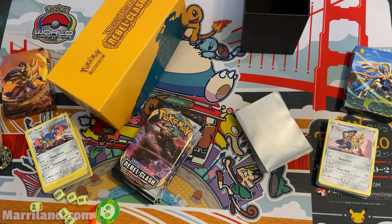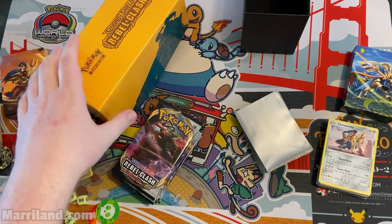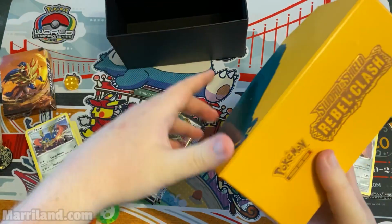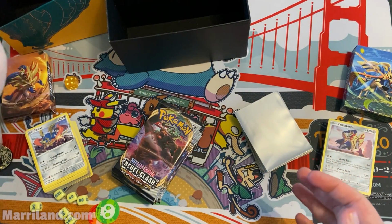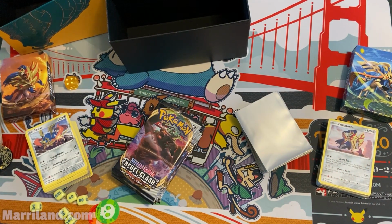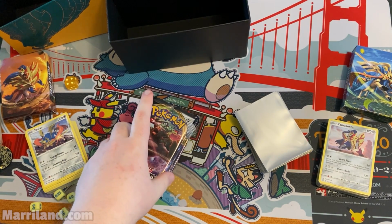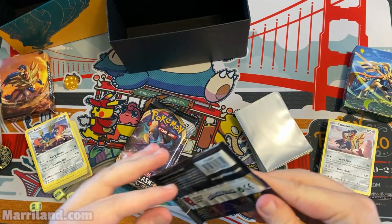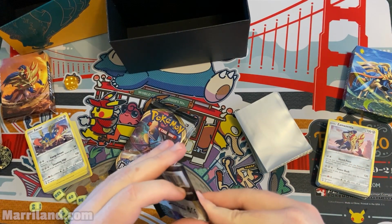All right, so let's get opening up some booster packs. So as I mentioned earlier, I don't do the so-called pack trick. I also open up my cards slow. You know what? Sometimes people rush through them. That's totally fine if that's your style. Hey, great. If that's what you want to watch, nothing wrong with that. But I like to take a little bit of time just to kind of like read the cards with you